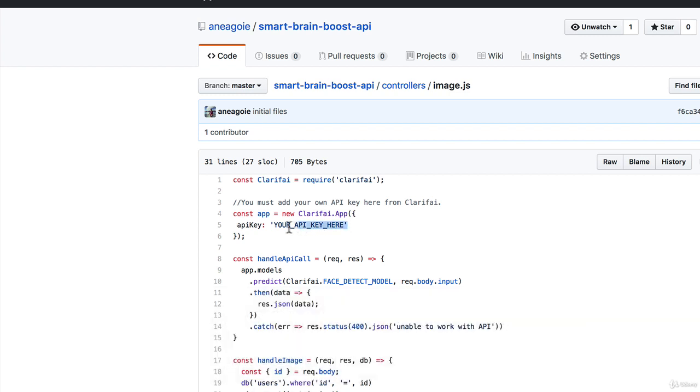Well, I don't want to commit or show to the public my API key for Clarifai because let's say you're paying for that API key. Well, you don't want anybody to have access to it because if they do, then anybody can access and use your Clarifai account. In here, I could have done process.env, your API key here,